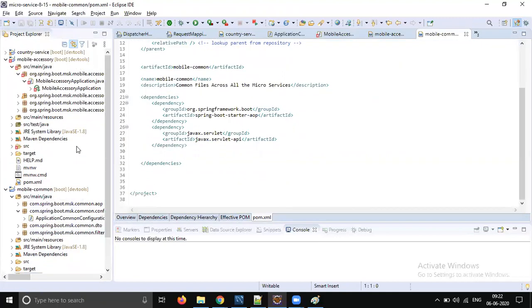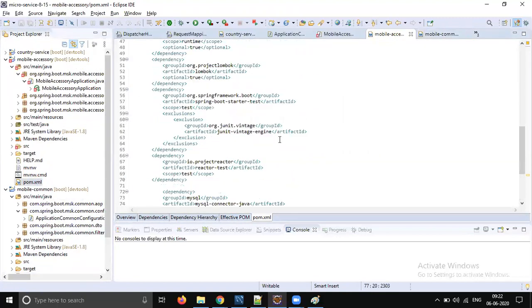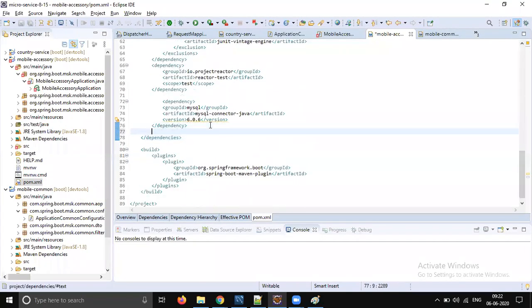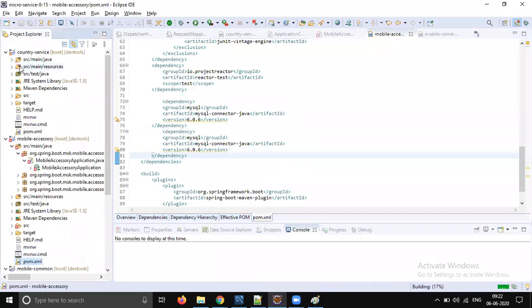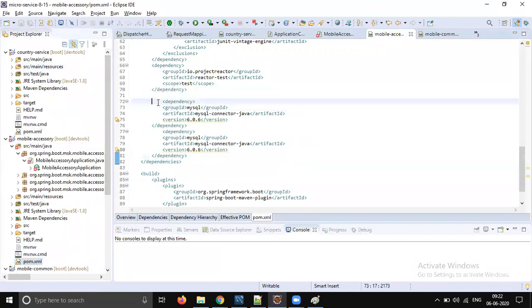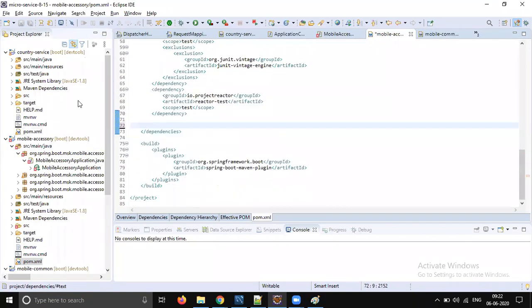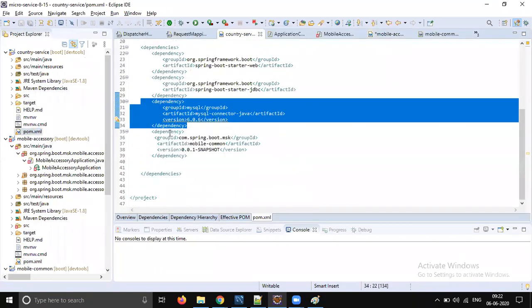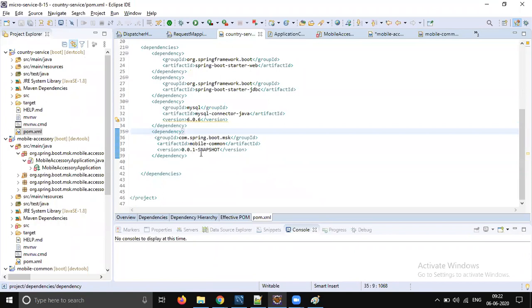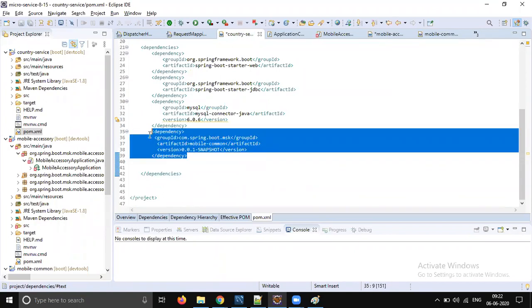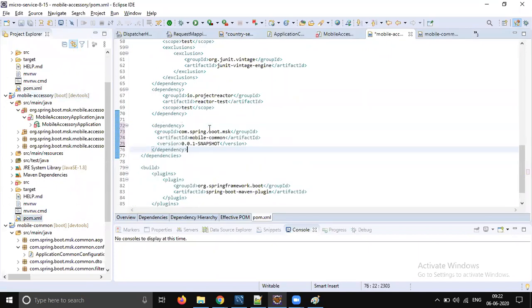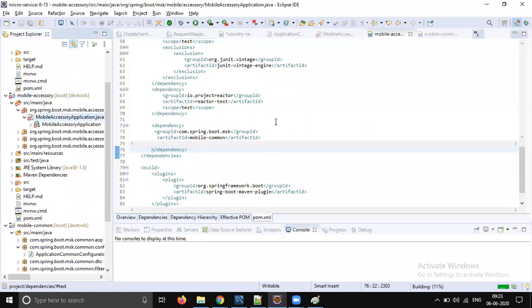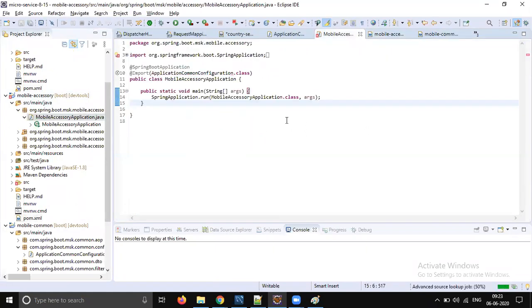Oh, I'm copying MySQL. Where is the common? Yeah, here it is. Copy the common, go to accessory pom.xml file, paste it. Now you see that the error will be resolved automatically.